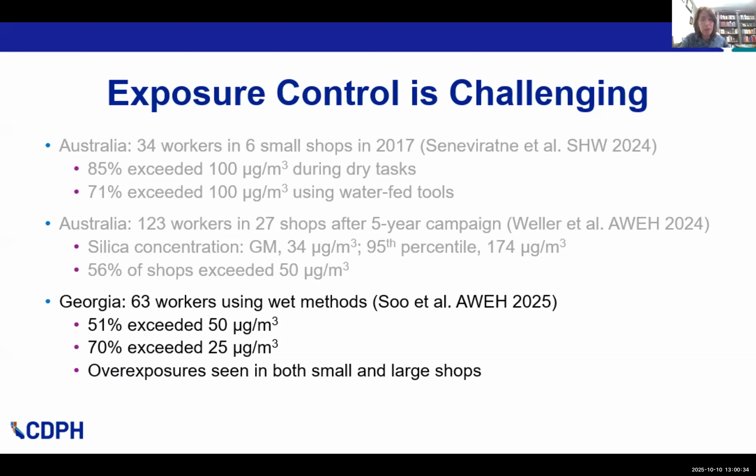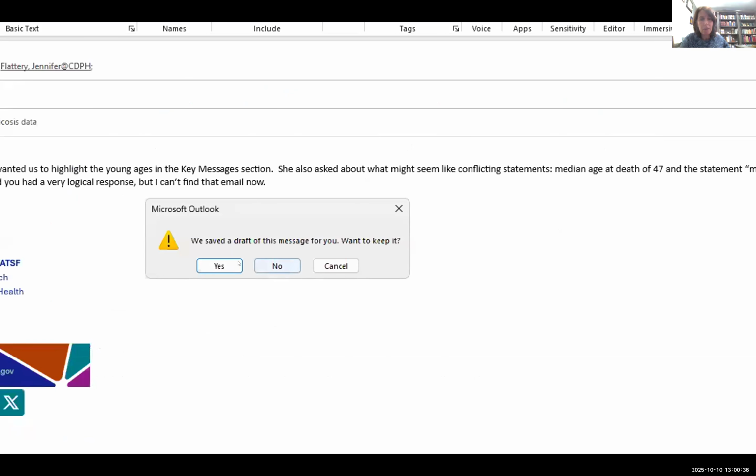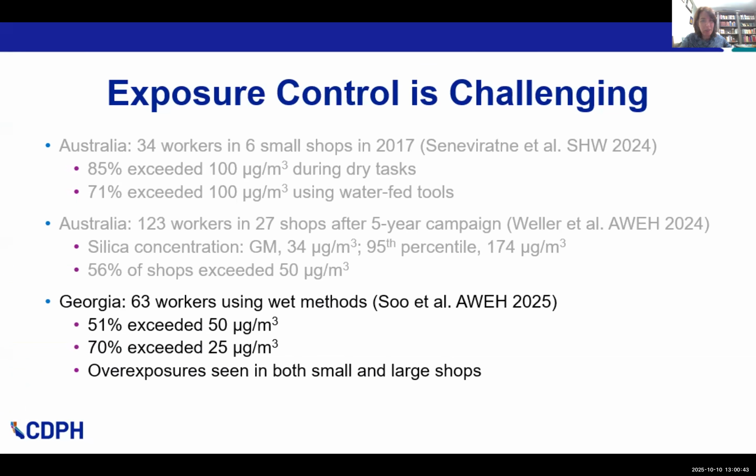So they go in and offer shops consultations, so support when they're trying to comply with the regulations. It's non-enforcement. And what they found over the course of several years was that among 63 workers who were using